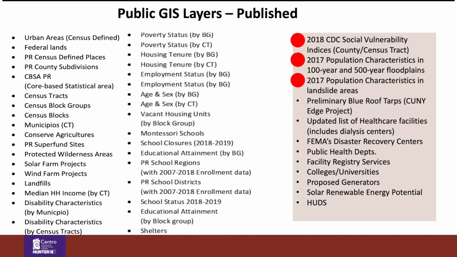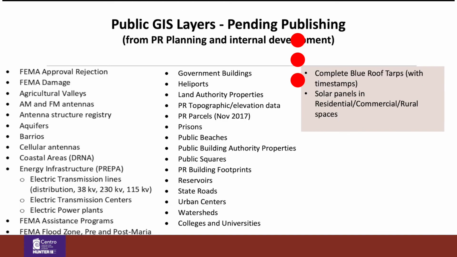So I'm not going to read every single layer that we just uploaded, but this should give you a sense or an idea of what we currently have available. These are the data layers that we are planning on releasing in the coming weeks. But the two layers that we're hoping to work on during the summer and into the fall semester are to have the complete layer of the blue roof tarps with the timestamps, and also the solar panels located in residential,